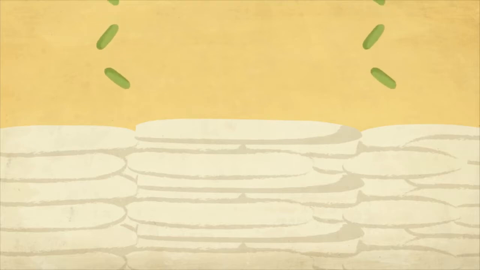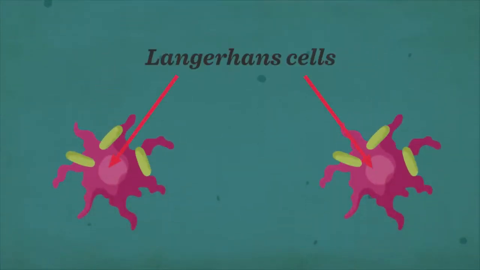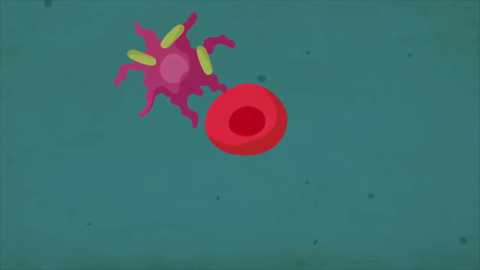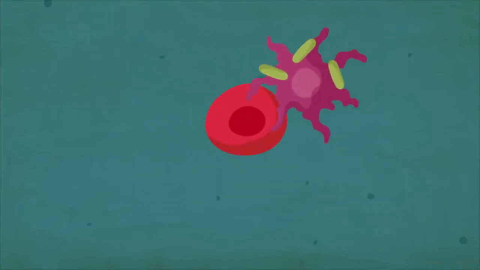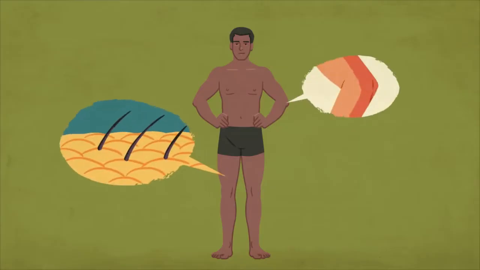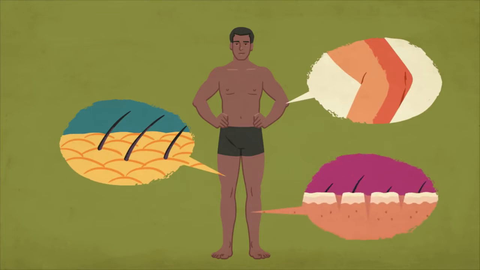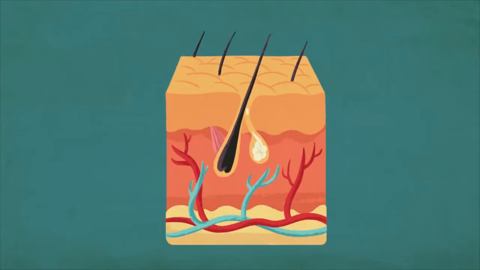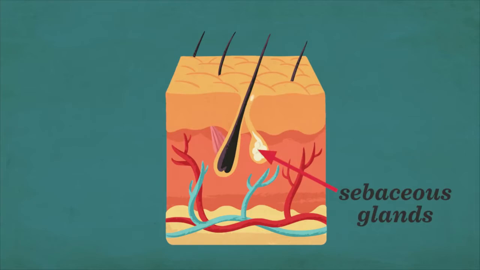Any harmful microbes that make it into the epidermis will encounter Langerhans cells. This group of protective skin cells detects invaders and communicates their presence to resident immune system T cells, which react by launching an immune response. A crucial feature of this immune defense is the several thousand species of microorganisms that inhabit the planes, folds, and crevices of your skin. These microbes, which include bacteria and fungi, thrive in the sebum, an oily substance that's secreted onto the skin's surface by sebaceous glands nestled inside the dermis.